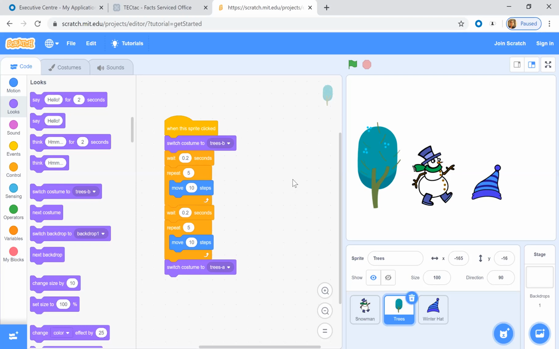Everyone has done coding for the tree also, or someone is left behind? Sir, if you say wait after the repeat block, it moves too fast. That's the difference. Because it just waits once, it doesn't continuously wait. Sir, I have not done the tree one. You have to share your screen, Ayan.